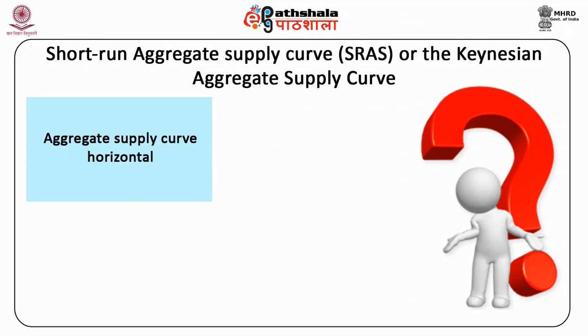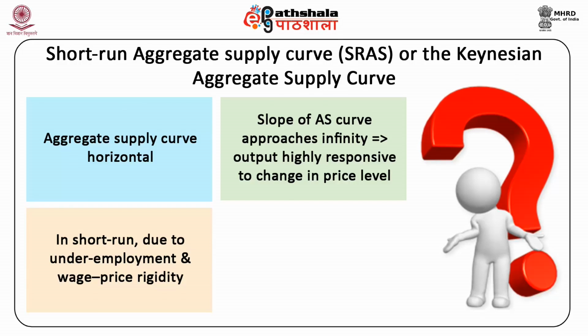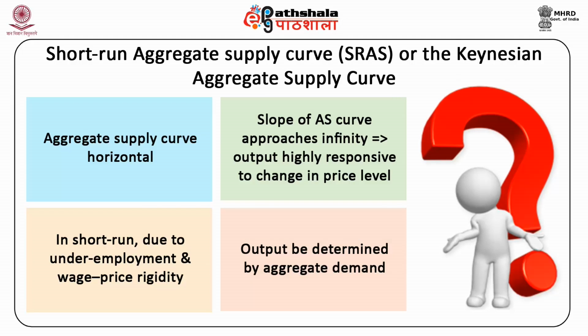Thus, firms can get more labor at the current wage rate and can increase their production with the same average cost of production. When the average cost of production does not change with the level of output, firms are willing to supply as much output as is demanded in the economy at the given price level. Thus, the aggregate supply curve is horizontal. The slope of the aggregate supply curve approaches infinity, that is, output is highly responsive to the change in the price level. In a nutshell, in the short run, due to underemployment and wage-price rigidity, output will be determined by